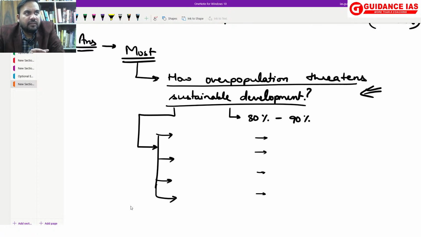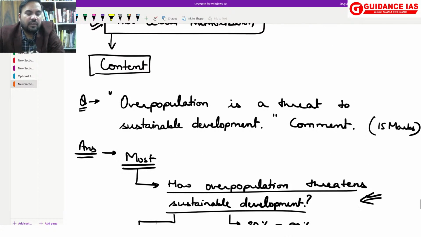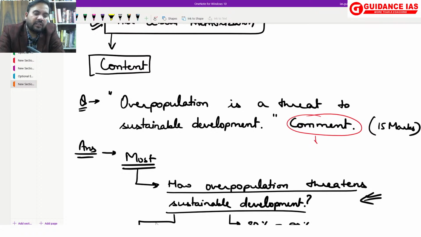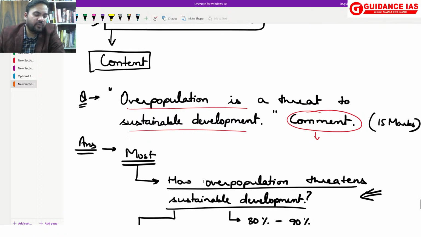There is no problem in this. The only problem is that here the keyword was comment. And what does comment mean? Comment means that you can go beyond even what has been asked. You can agree with the statement, you can even disagree with the statement, you can partially agree with the statement. So here I will partially agree with the statement, but I also know, as we will see,